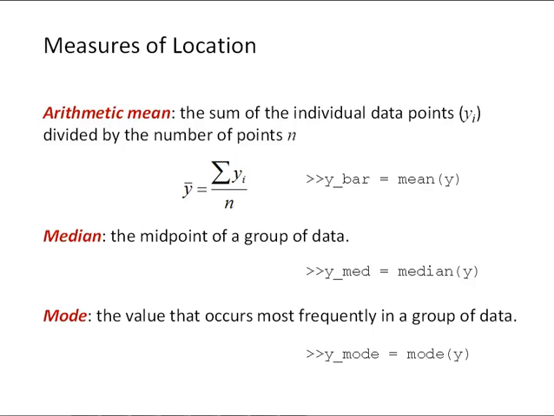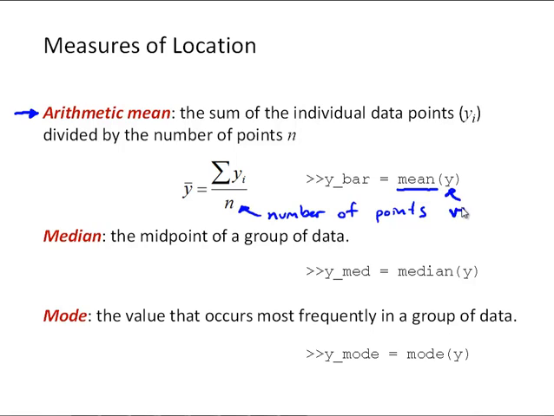So, one area of statistics concerns measures of location. In other words, getting a sense for what the overall data is telling us. And you should be familiar with these concepts, one being the mean of the data or the average of the data. That's defined as the sum of all of the data values divided by the number of values. And there's a built-in MATLAB function to calculate the mean or average, and that's just the mean, where y now